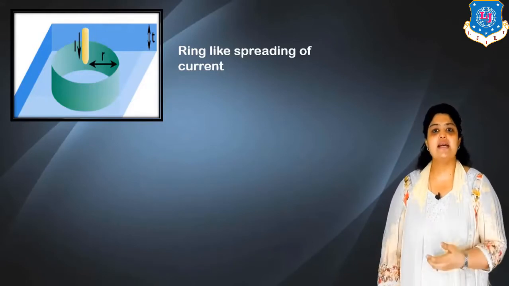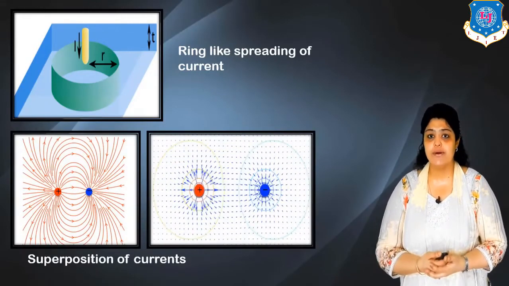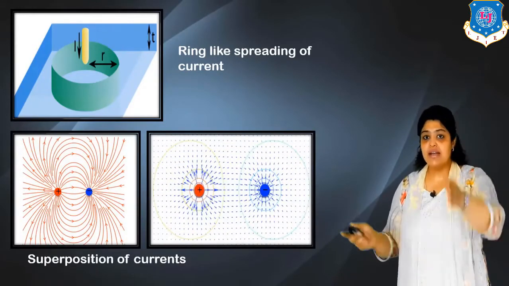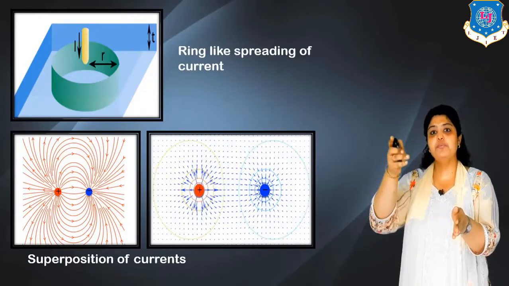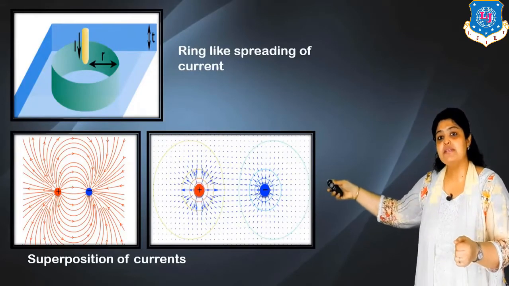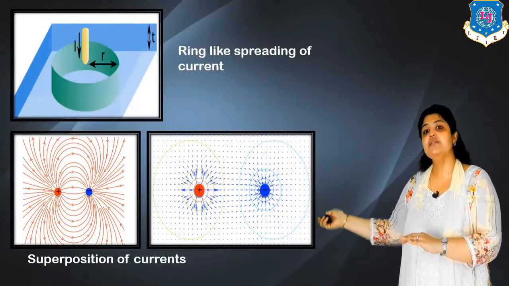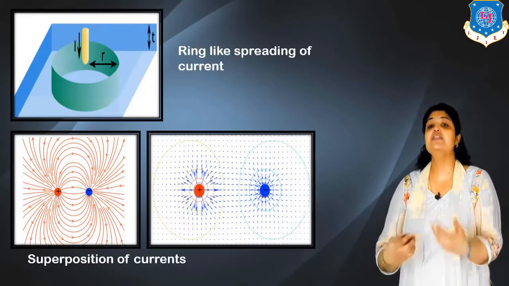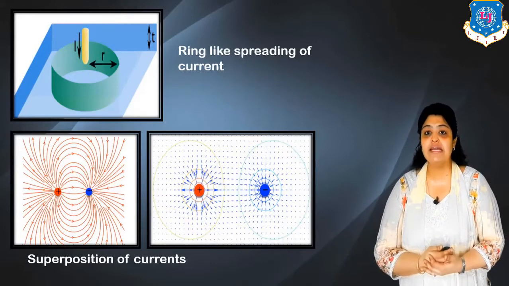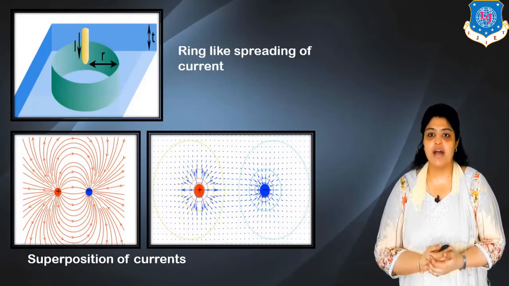Let us again discuss what is superposition of currents here. Again, we have one input probe, the other output probe. So what actually happens is the input field is denoted by a positive electric field and the output is denoted by a negative electric field, and so we get addition of electric fields leading to superposition of currents.